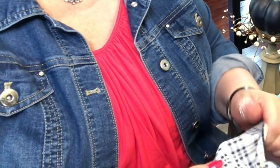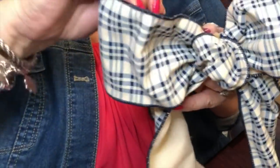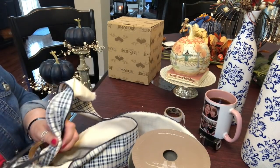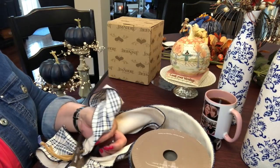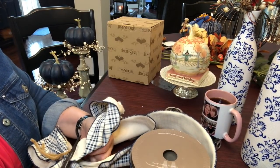Okay? I don't even know how I would manage to do a bigger bow than a 2-loop, 2-tailed bow, y'all. I am not even kidding. This is beautiful ribbon. There you can see. So what I'm gonna do is trim this tail that's still attached to the bolt. I'm gonna trim it up pretty close in the back. Not so close that I pull it out when I go to manipulate the bow, but